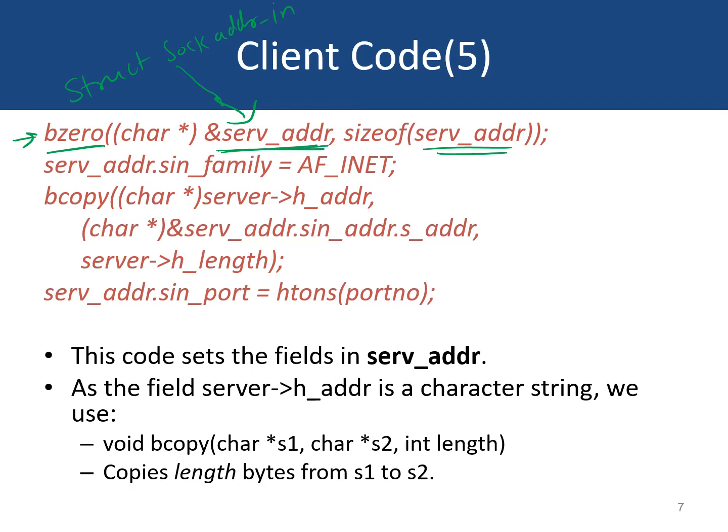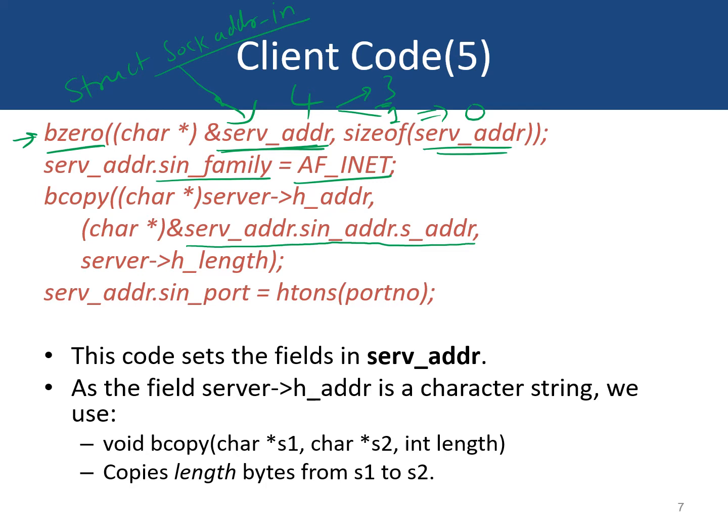Next, we copy the IP address and the port number of the server machine into this server_address structure. Recall, this structure sockaddr_in has 4 fields. Out of these 4, we only need to set 3. One is a character string, which is basically, as a convention, set to zeros or left to be zeros. The first of the other 3 fields is the address family for this server address, which for internet addresses is set to AF_INET. Next, we need to copy the IP address of the server into this field server_address.sin_addr.s_addr.